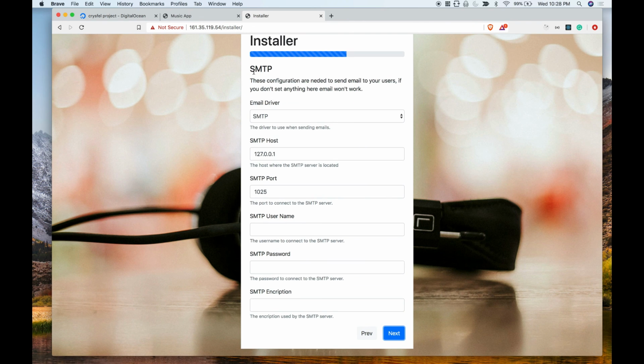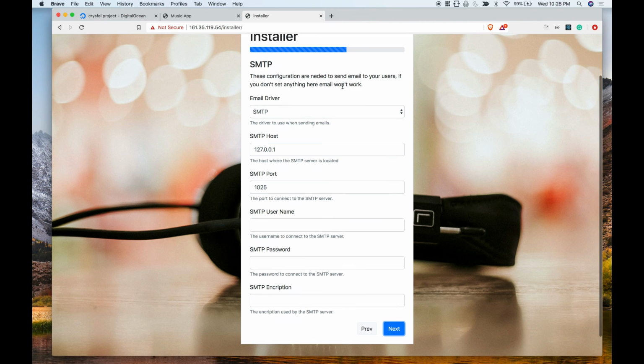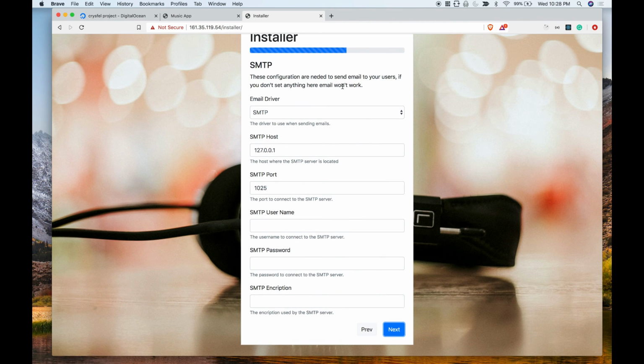The next thing is your SMTP, and this is required if you want to send emails, which I definitely recommend, because for authentication pages, if users forget password, they can retrieve their password by putting their email, and then the app is gonna send an email with a link where they can update their password. Alright, so